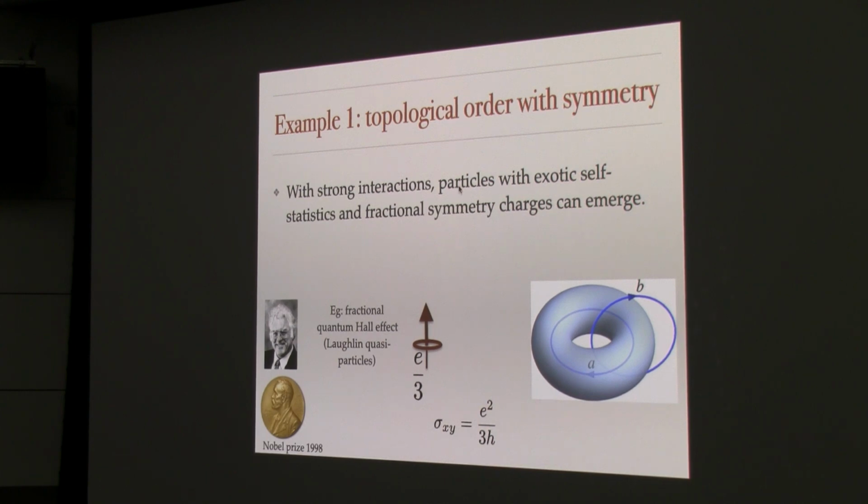So another thing, which I'm sure I don't need to introduce here, is these strongly interacting phases that we cannot access by thinking about single particles. So where on earth would you find this? Well, of course, as I'm sure you all know, you find it in the fractional quantum Hall effect, okay? So this is what Bob Laughlin won the Nobel Prize for. And the basic idea here is that in the presence of strong interactions, you can get phenomena that emerge which you simply cannot understand by thinking about a single particle picture.